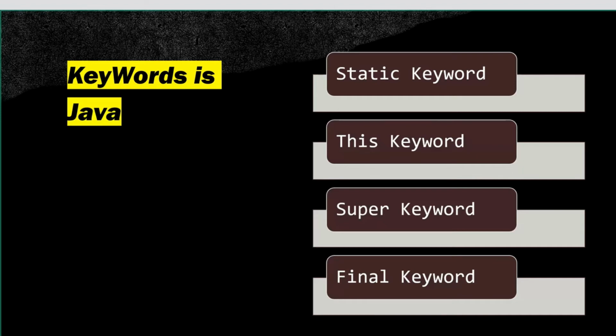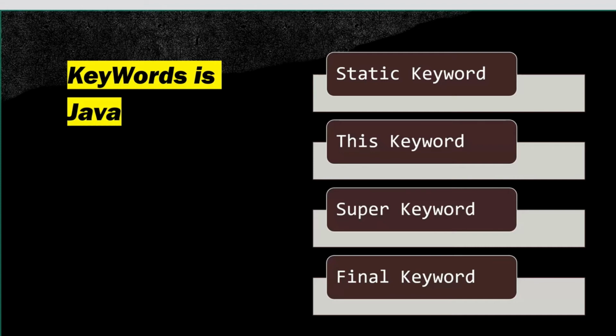What is the meaning of the final keyword? Simple. Final means things are final. They cannot be changed. Again, final can be used with a variable, with a method, and with a class as well. When you say final, it's final, meaning you cannot change it. But in different contexts, different terms are used.